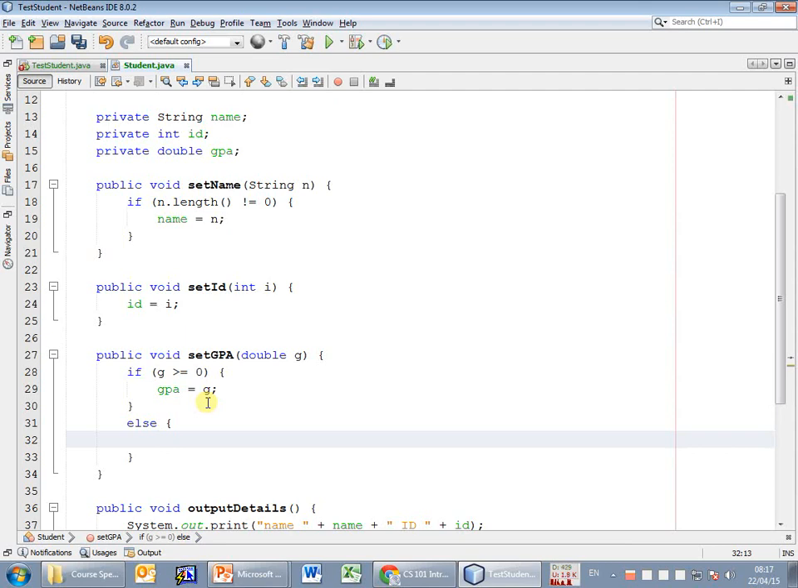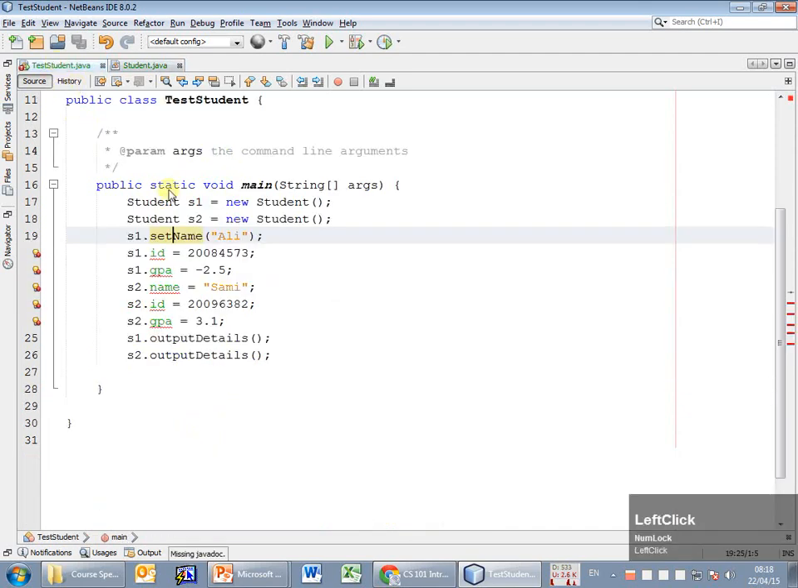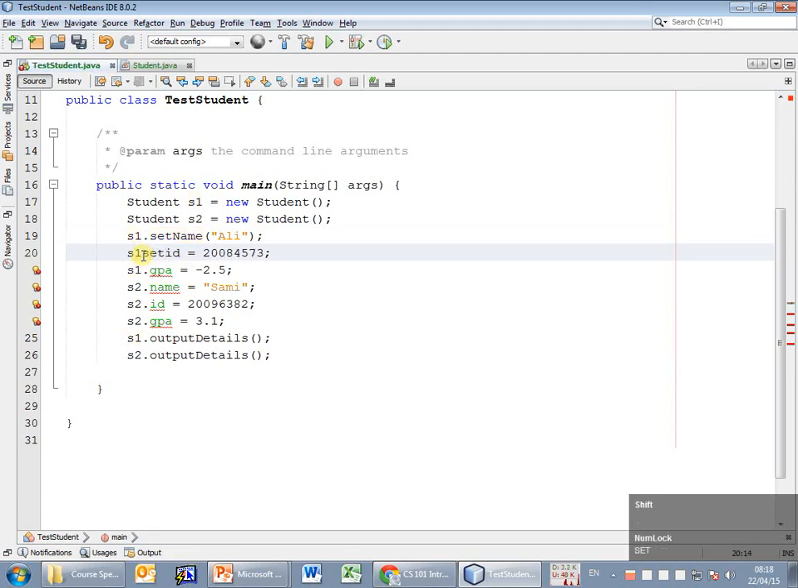For example, if someone gives me a negative GPA, I'm going to put the GPA back at 0. If someone gives me a GPA which is positive, I'm going to save that and put it here. If someone gives me a GPA which is negative, I'm going to put 0 in the GPA. I'm not going to accept that value, but I'm going to put 0. So now that I have that, I can, instead of using this ID, use set ID,